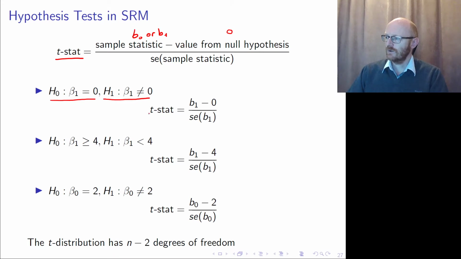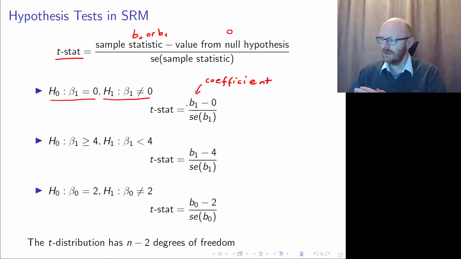In this case, we would calculate the t-stat as the coefficient we get from running a regression on a sample, coefficient from sample,